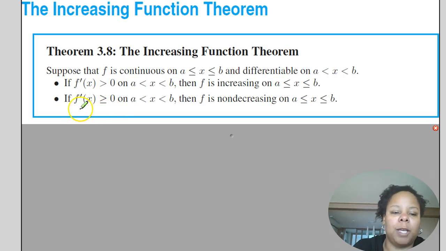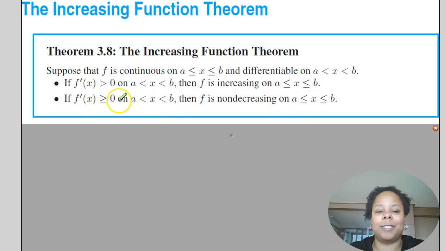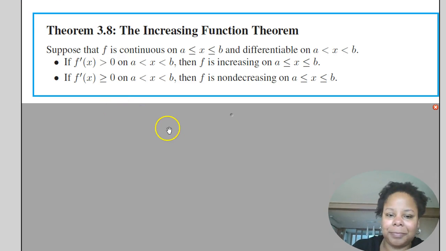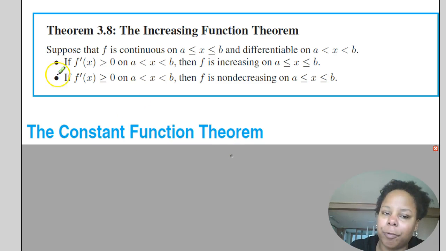And if f prime of x is greater than or equal to 0 on a to b, then f is non-decreasing on the interval from a to b. That's because if the derivative is equal to 0 at any point in the interval, we can't say it's increasing, but we can say it's not decreasing. Again, some of you may be saying that's obvious, we already know that, but we can prove that using the